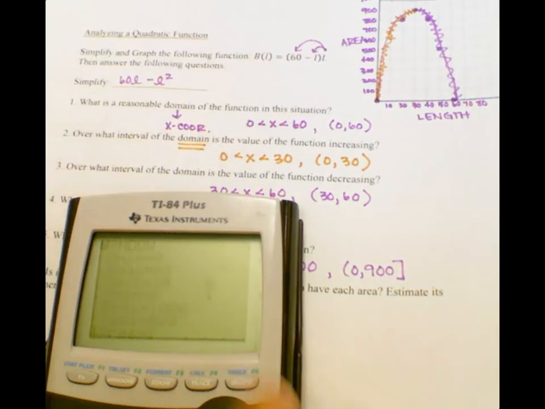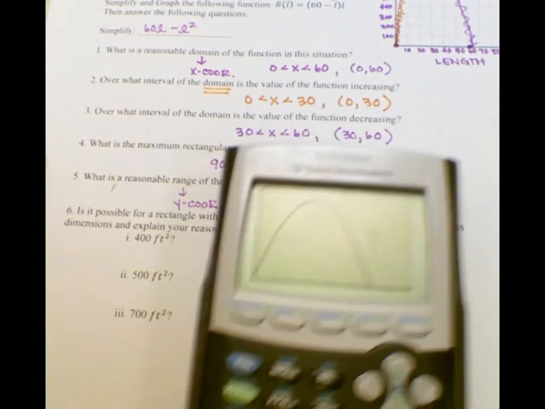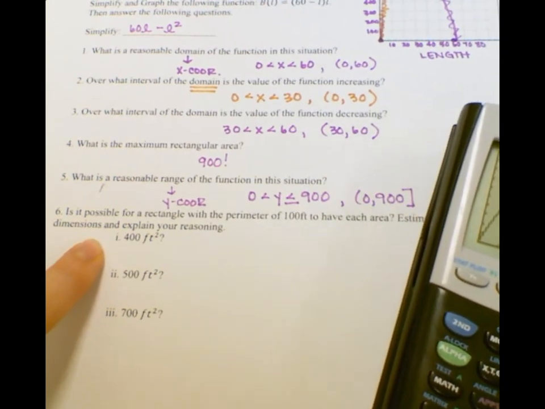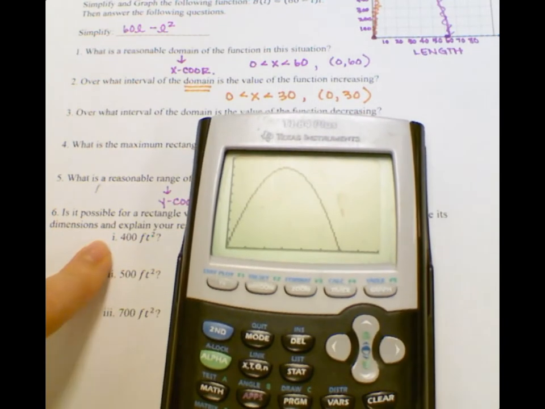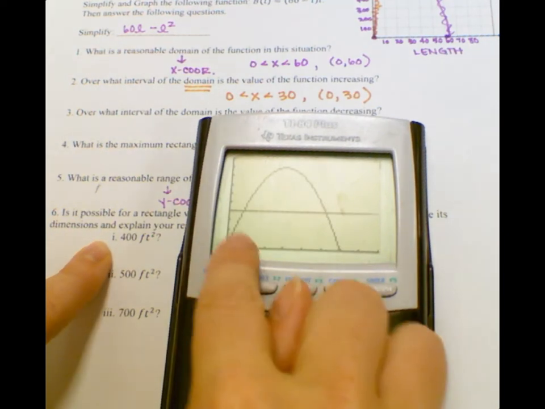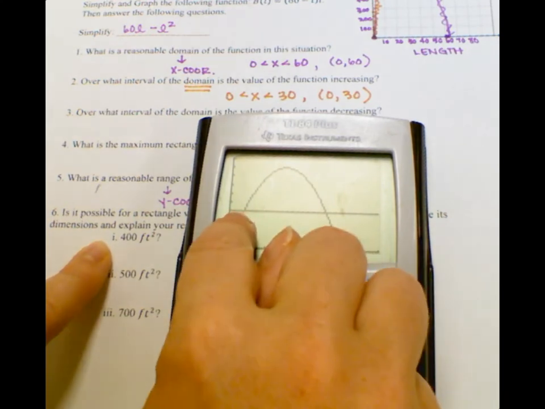Hundreds. So when I look at the graph, here's the graph. It wants to know, is it possible for a rectangle with a perimeter of 100 to have each area? Estimate the dimensions and explain your reasoning. So what you can do is go to your y equals. In your y2, you can put the 400 in there. So when you graph it, you can see it. Yes, it's possible to have this 400 feet squared because it hits the graph